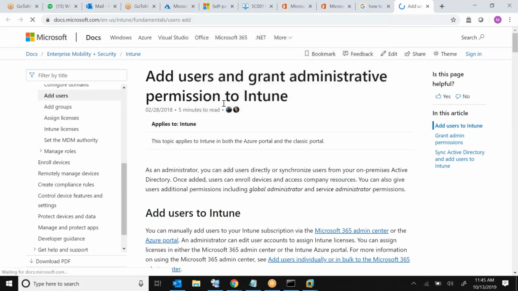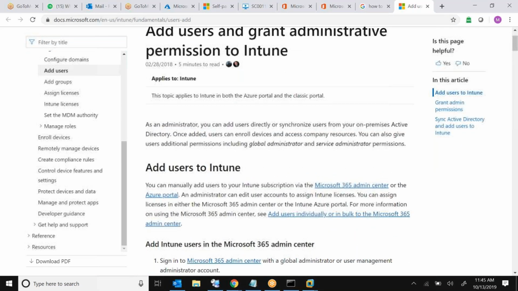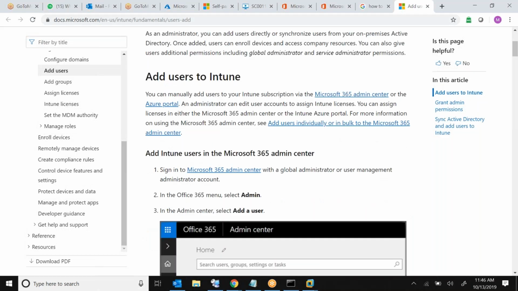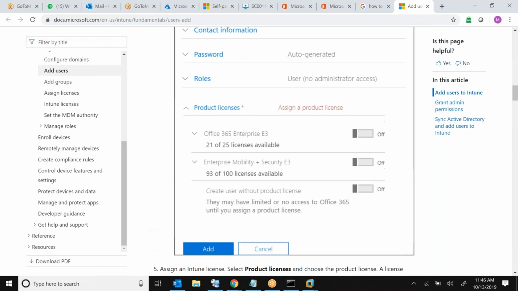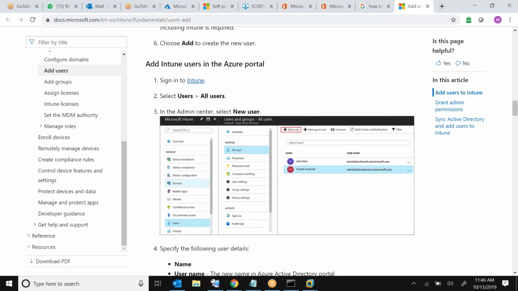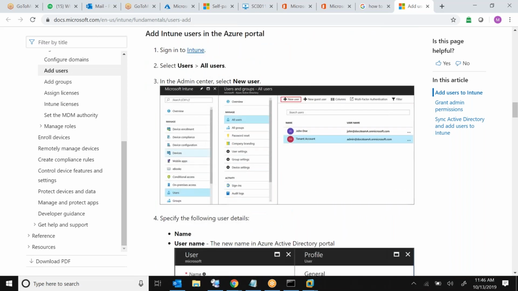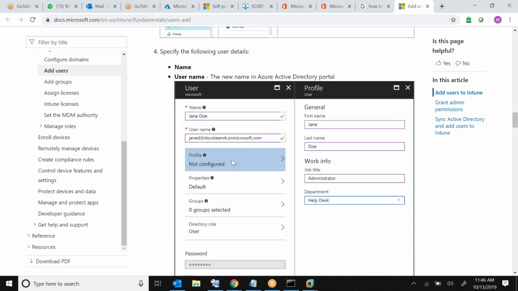Add user or grant administrative permission to Intune. So we have to go to add and then choose the location, and then we need to go to Intune, and inside Intune select the new user, and we have to click on the work profile. Okay, let's go to